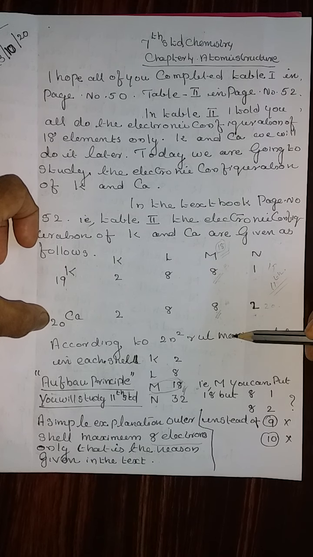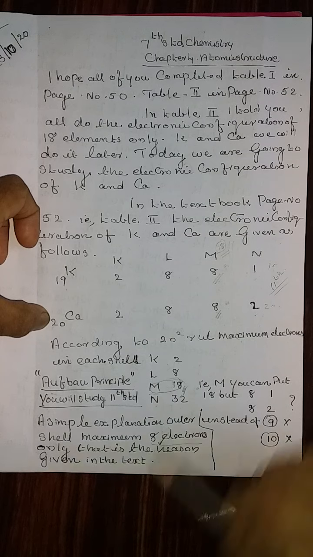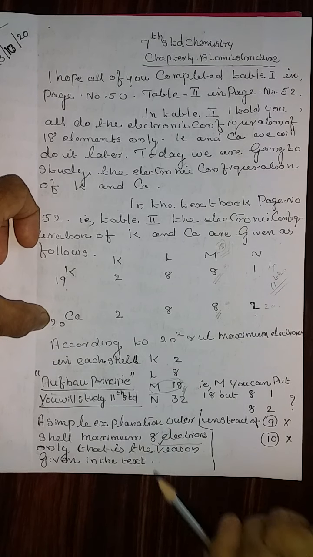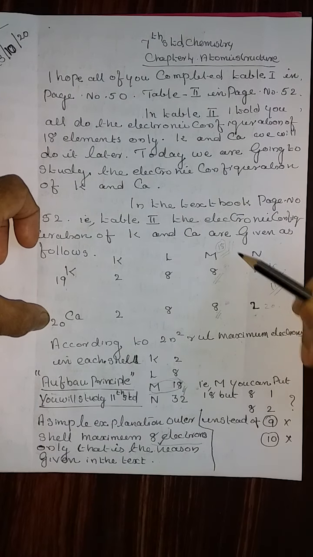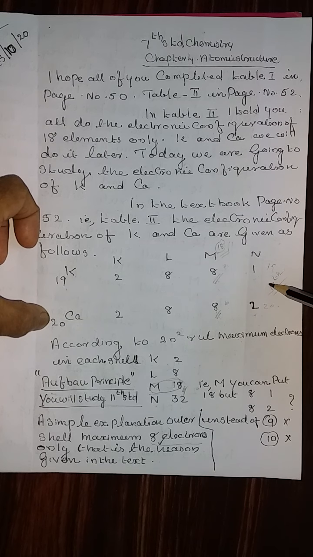But this is not the outer shell. Therefore, again you may have the doubt. The outer shell having 8 electrons comes in another section, on electrovalent compounds and covalent compounds. In that we can apply this rule. But this also will not give you a satisfactory reply for this electronic configuration.